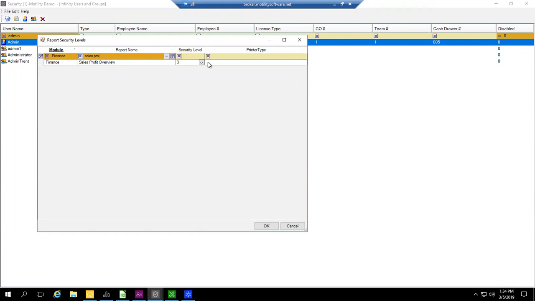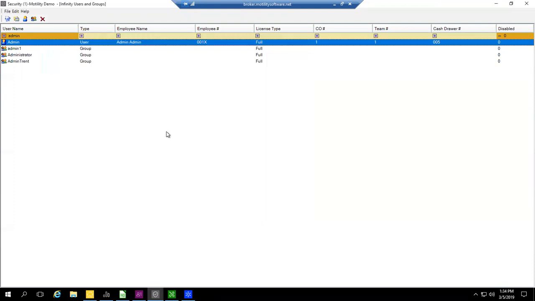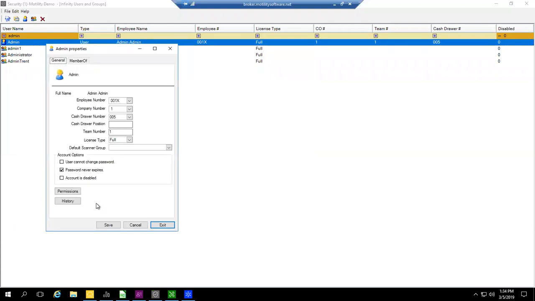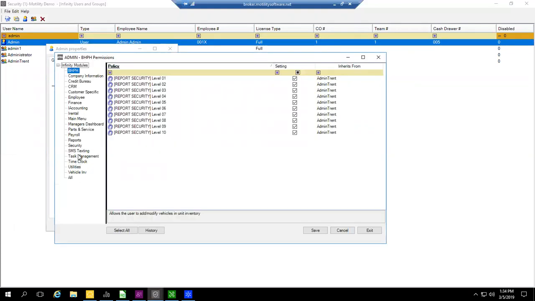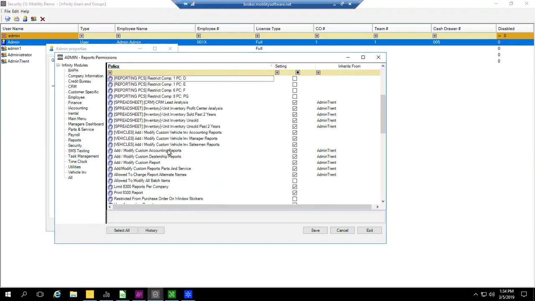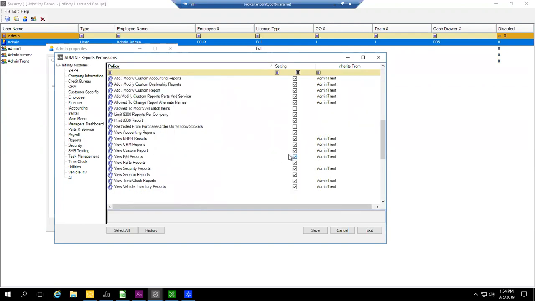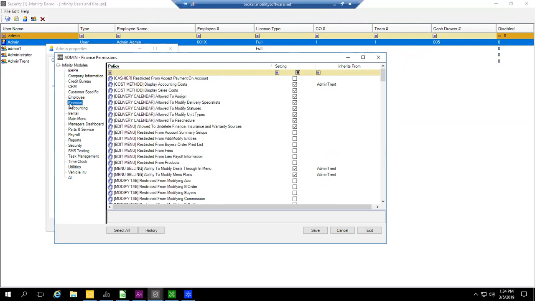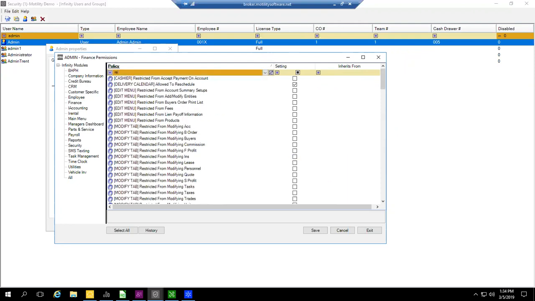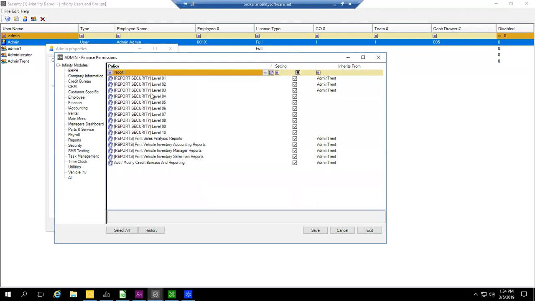All right. So because that report is a level 3, if I need somebody to have access to that report, I need to make sure that person can do both things. One, under report levels, I need to make sure they can actually view F&I reports at all. And then two, I need to make sure under finance, if you filter for report, they have level 3. If they don't have level 3 checked, they cannot run that report. They can have levels 1, 2, and then 4 through 10 checked, but if they don't have 3, they cannot